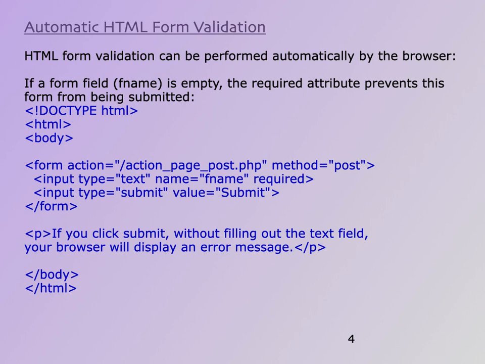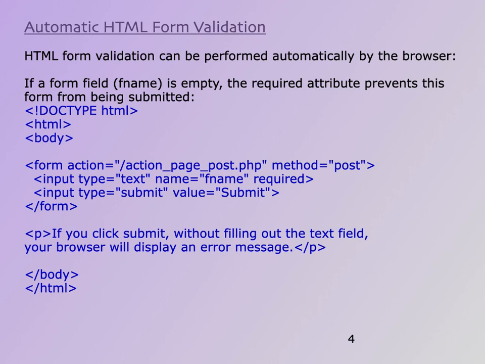In this example, in our body tag, inside our body and slash body tags, a form is specified. An action property is set with a value, that is a PHP file, method is equal to post, followed by input type is equal to text, name is equal to fname, and another property is there, that is required. So that required means it's a mandatory field. Without filling any value in that particular text field, we cannot proceed further. And followed by input type is equal to submit, value is equal to submit.